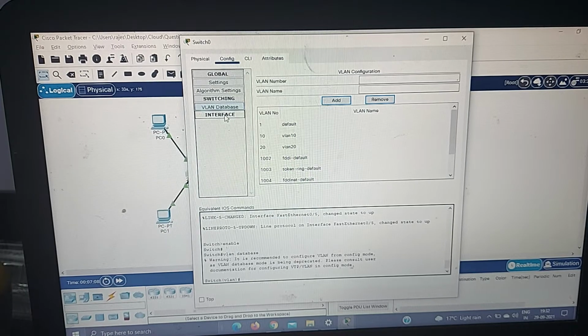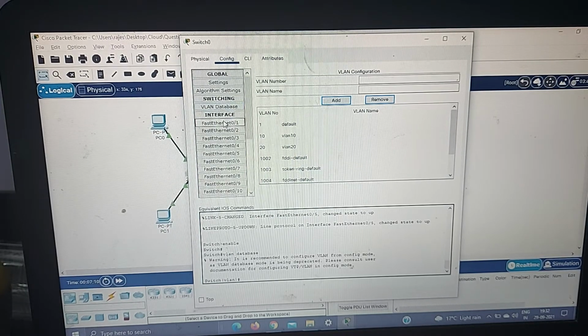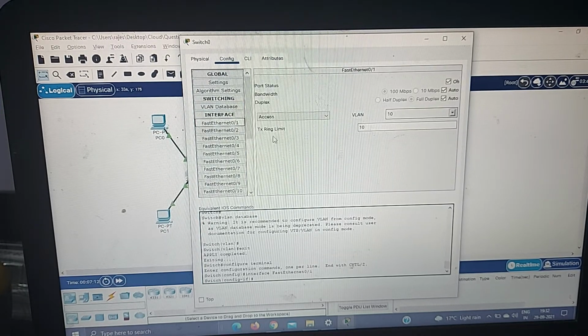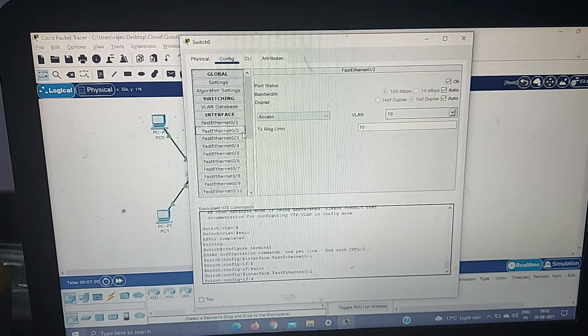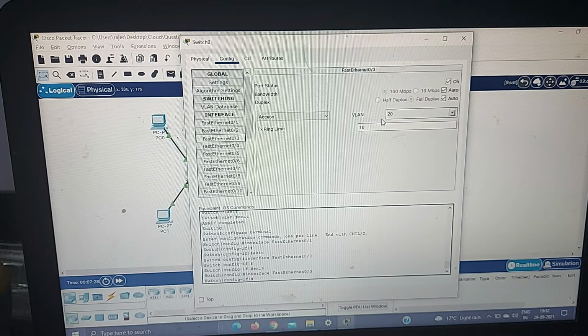At the interface level, I have assigned the VLANs. For port 1, I have assigned VLAN 10 and its type is access. Similarly, port 2 is connected to VLAN 10 with type access, port 3 is connected to VLAN 20 with type access, and port 4 is also connected to VLAN 20 with type access.